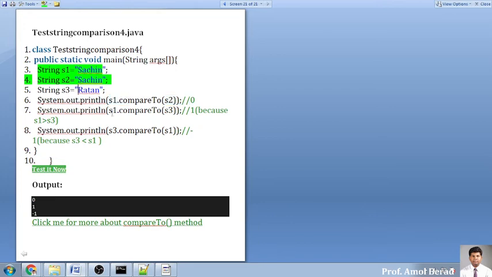And if I say the comparison of S1 with S3, now you will feel S is less than... S1, what is S1? Sachin. Sachin is compared with Ratan. R is smaller, S is greater. So S1 will be greater compared to S3, so we will get the value 1. Are you getting it? So what will that be? Sachin,